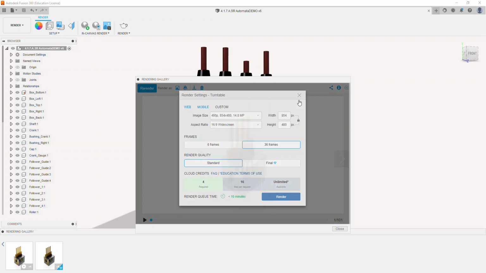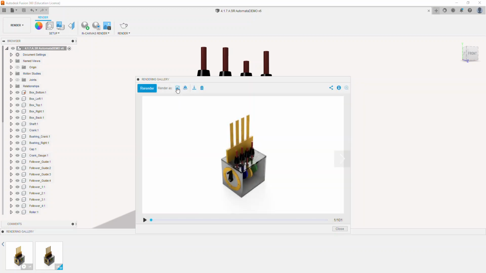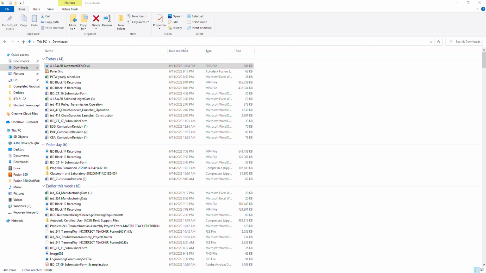I'm going to choose the X in the corner to close that, or I could also change to a still image. If I don't like it, I can always delete. You do have some options for sharing images and some other options, like for example, to zoom in or to look at some questions or things like that, to get some help on some of those information pieces as well. So you can always re-render and make some different changes. So again, in a previous iteration,